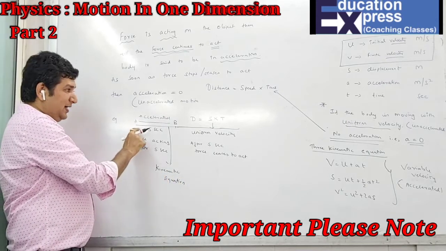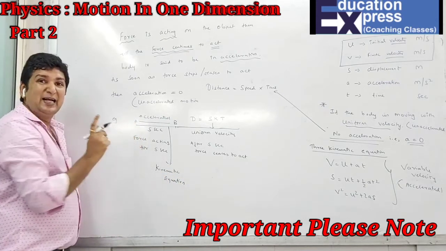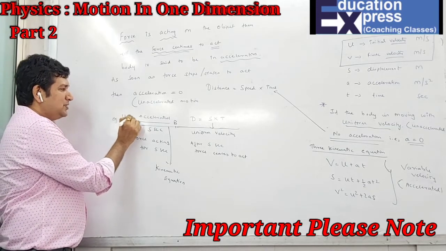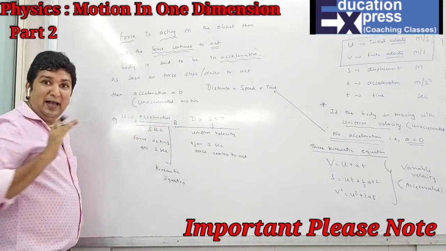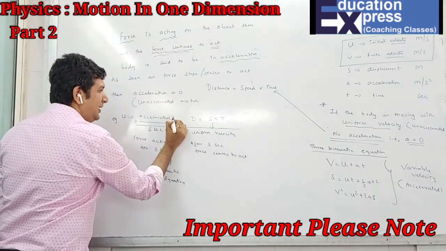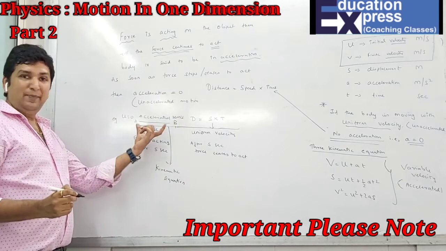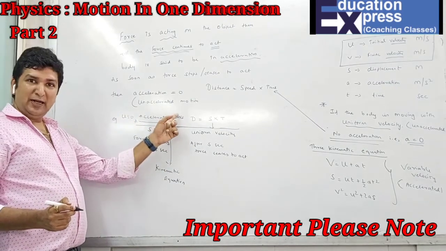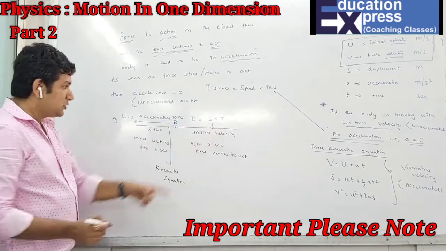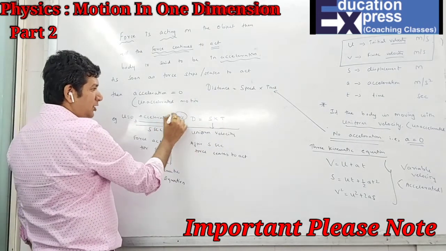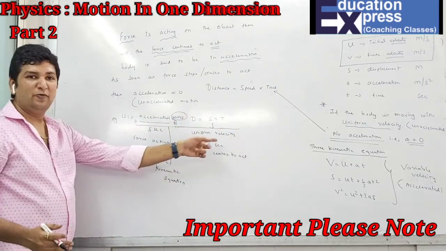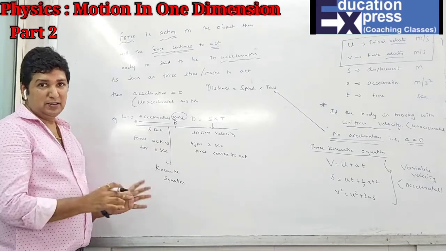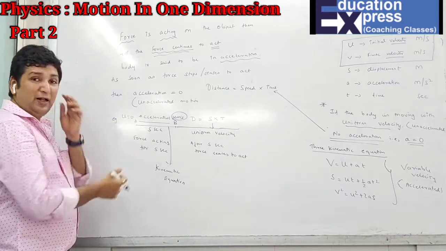Hence for time 5 seconds, let us say the body starts from rest, that means the initial velocity will be 0, and after 5 seconds accelerated, increasing its velocity, that is 20. Now what is the position for AB? A is initial, B is final. Initial is 0, B is final, that is 20, and then after that the speed of the body will remain 20 meter per second throughout, that is called uniform velocity. So this is very important. Please copy this as a very important note, because it will be really very helpful for the numericals.